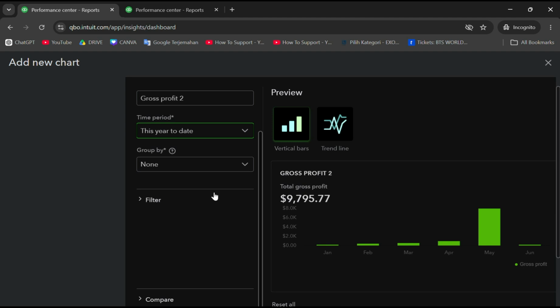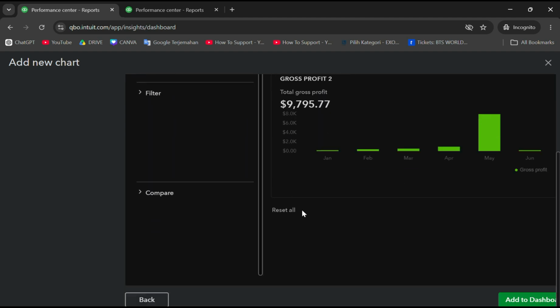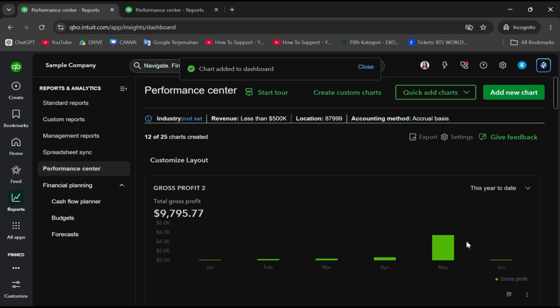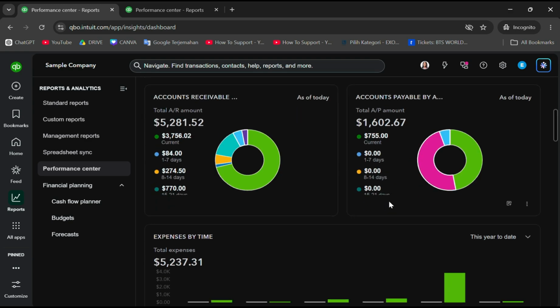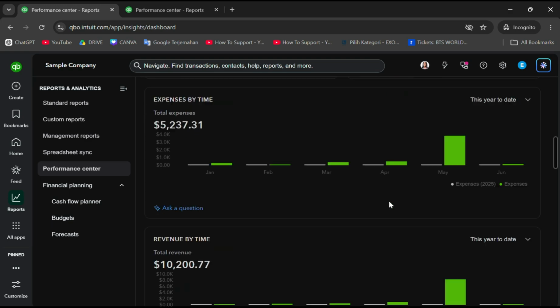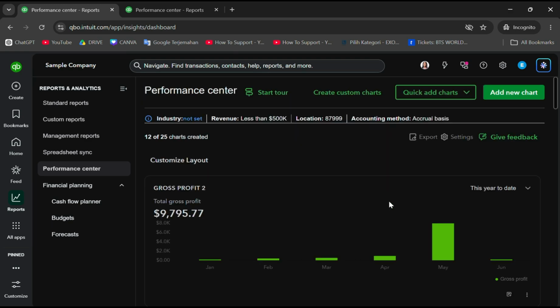Once your layout filters look exactly the way you want them, slide down to the bottom right corner of the screen and click the bright green Add to Dashboard button. The customization panel snaps shut, and your beautiful new Live Updating Gross Profit widget is officially pinned onto your main cockpit. Now you can check your real-time profitability and markup health every single time you open up your books without